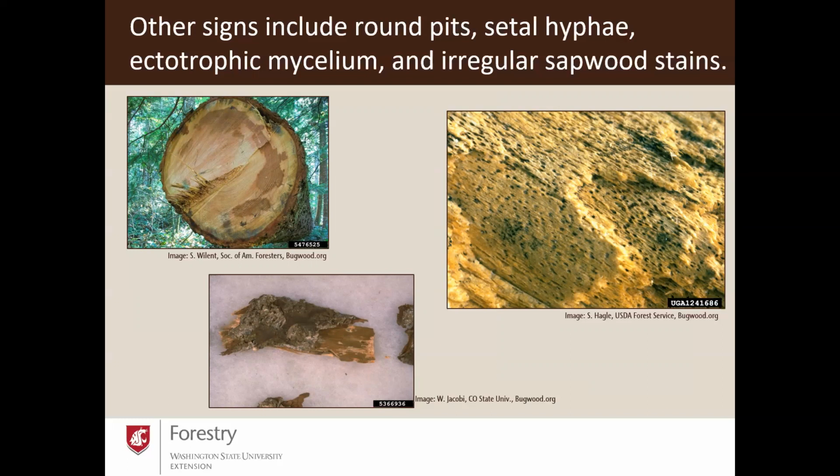We looked in previous slides at the crown symptoms of thinning crown, yellowing crown, snags, and so forth. Those do not always occur or are not always readily visible, which can be a real problem. You may have a tree that looks perfectly healthy, and then on a still summer day, suddenly it falls over